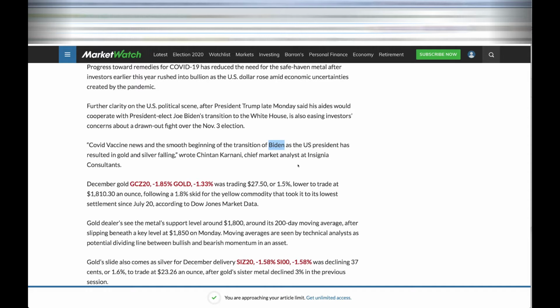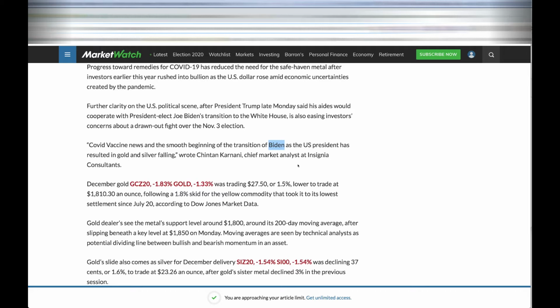Now, people are like, so why is it bad for gold if there's a Democratic government? Won't it be good for gold if they do so much stimulus? Well, the thing is, at this moment, like I said, it's not so much Biden being priced in, it's rather a resolution of a conflicted situation. It doesn't matter who is the next president of the United States of America. It's more like, 3 days ago, people were fighting over the election results, and they're like, oh, we don't know who's the next president. Think about it this way.